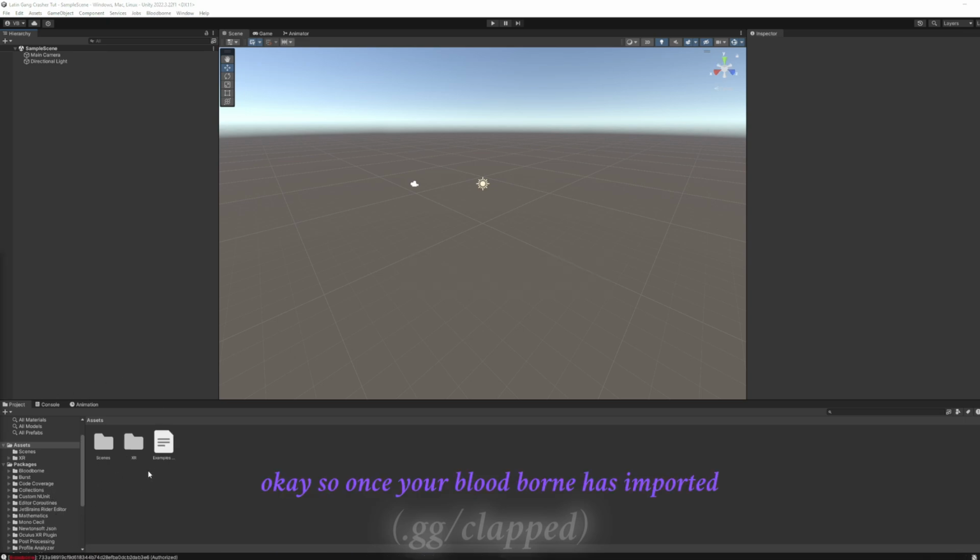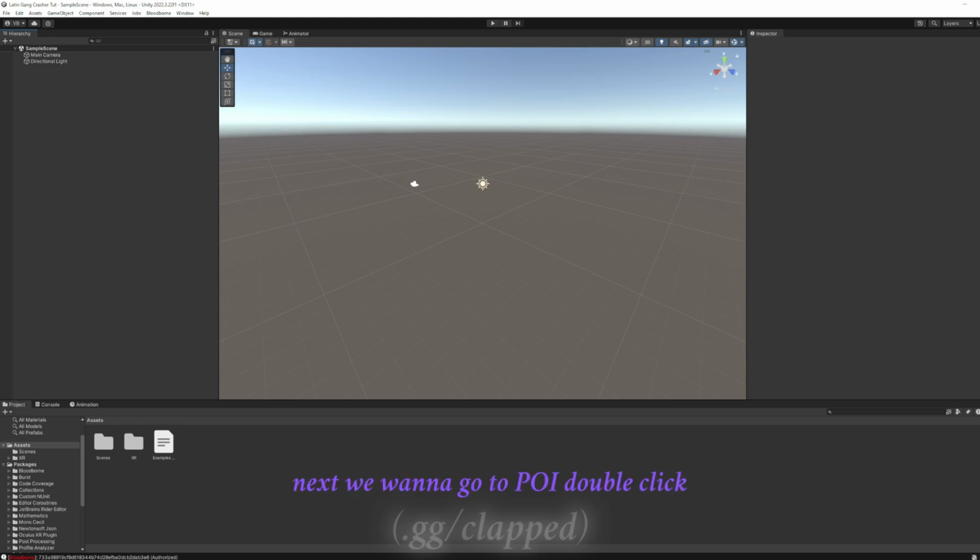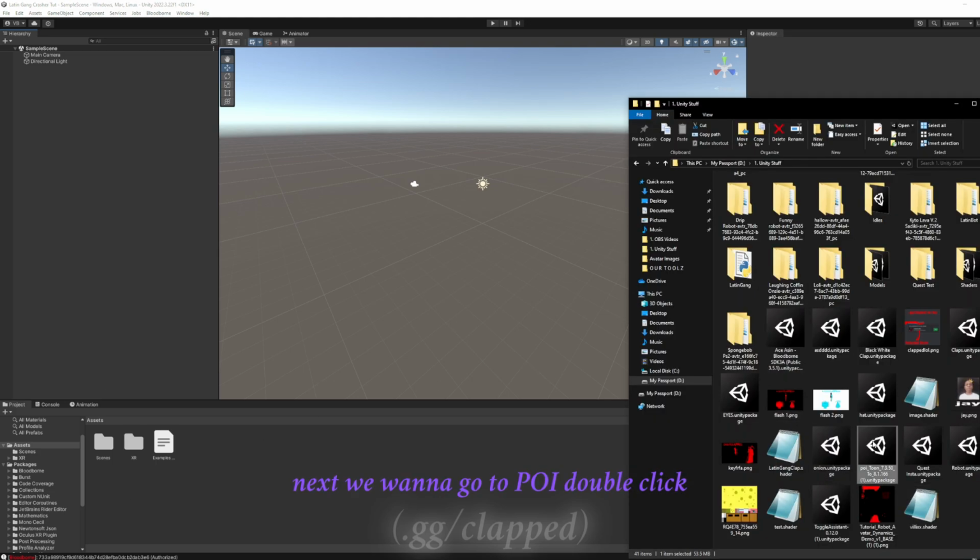Okay, so once your Bloodborne has imported, you'll see at the bottom Bloodborne authorized, and you'll see at the top you have the control panel. If you don't have the control panel, you either need to make a new Unity project or you're not using the right version. Next we want to go to POI, double click,